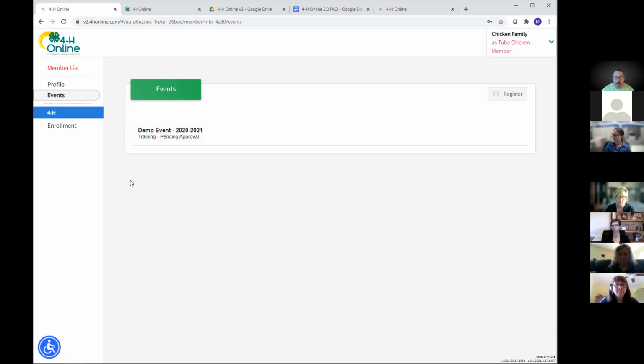And one little thing too is that they have to answer the questions on the extended health form. They can't skip the questions, which is a problem we had with the last system, in that they could update their health form, but they didn't have to answer all the questions. They didn't have to answer any of the questions for that matter. This way it forces them, if you're attending this event, you're filling out the health form and you're answering everything. Okay. So it kind of eliminates that problem.